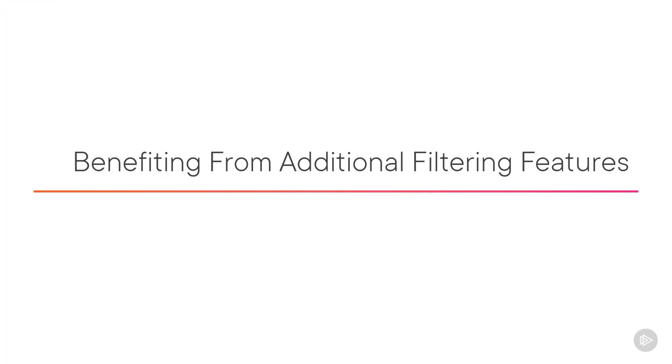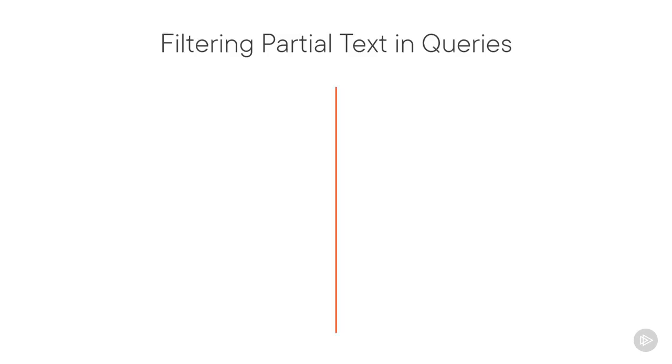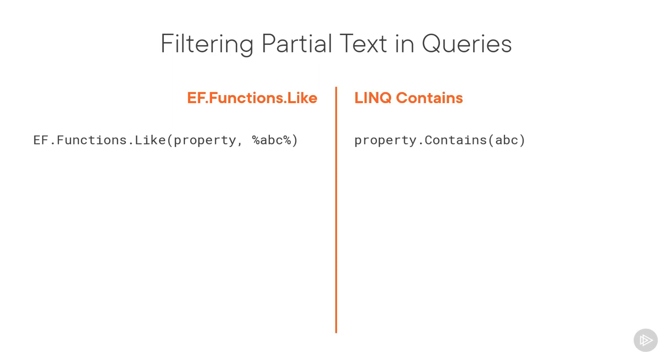Let's take a look at a few more ways to filter when you're building queries with EF Core. Another way to filter queries in EF Core is to look for partial matches. And there are two ways to achieve this. One is to write like queries the way you can write them in SQL, surrounded by wildcards. You could achieve the same kind of filtering with the LINQ contains method,